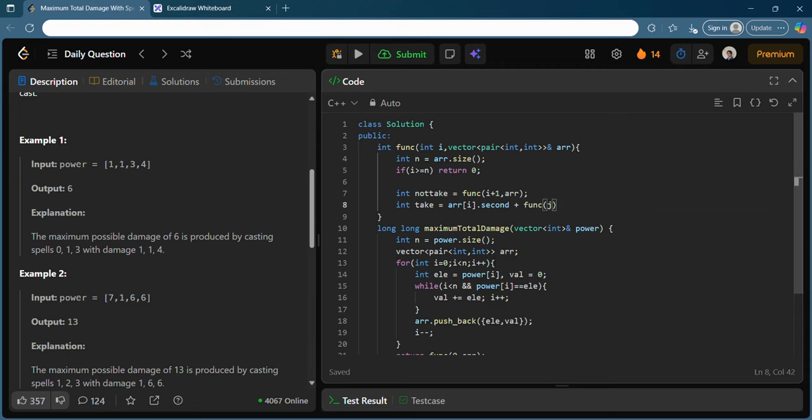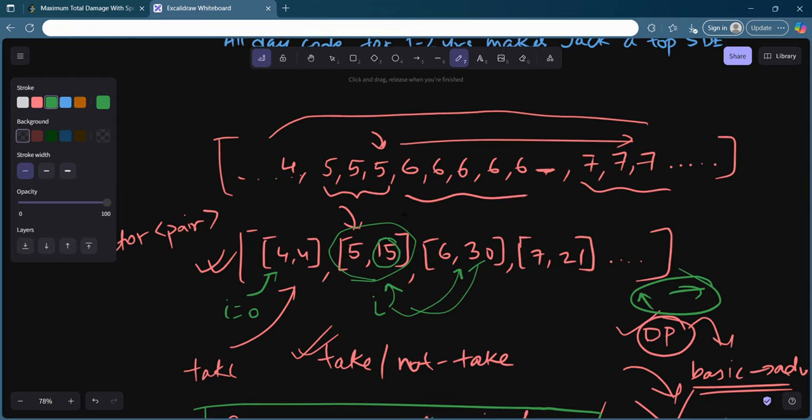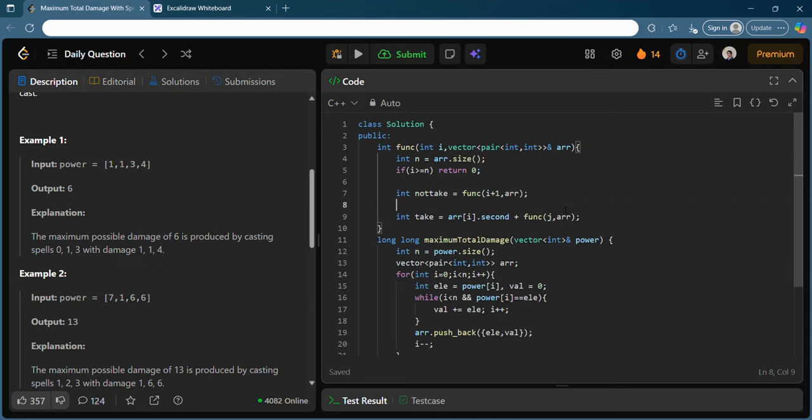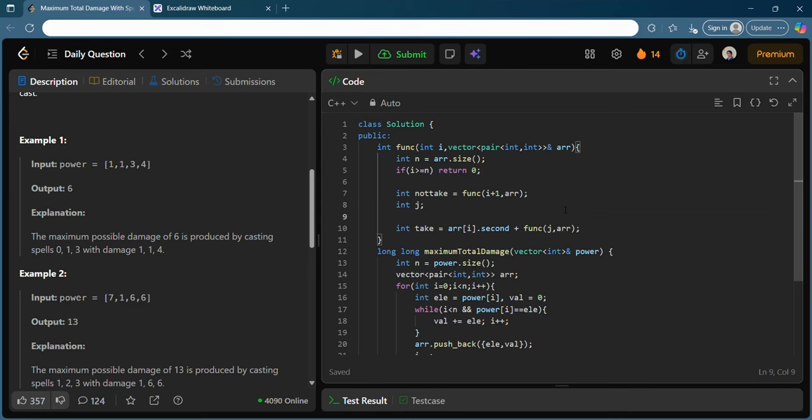So yeah, you can go to the next index, but once you have taken this, you must remember, let's say you have taken 5, then you need to jump at least 2 elements, or maybe you don't need to jump anything. So you can just assume that is j. I will show you how to calculate j. I will write some function which will actually calculate j. Right now, how can you exactly do it?